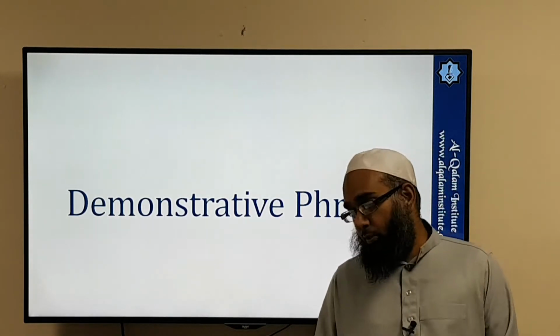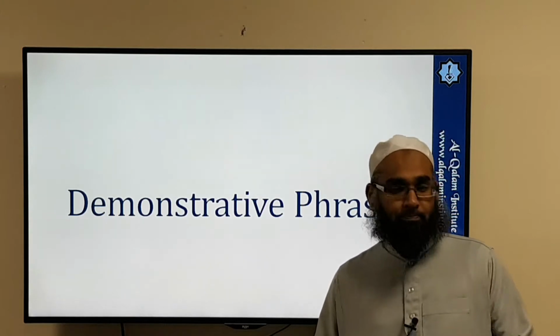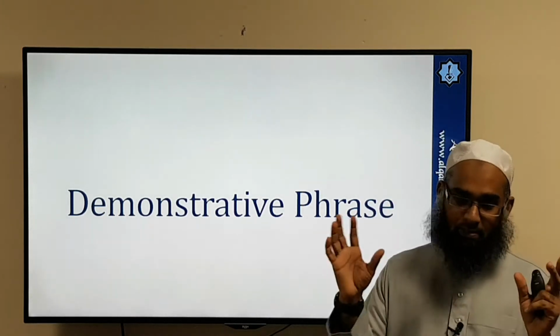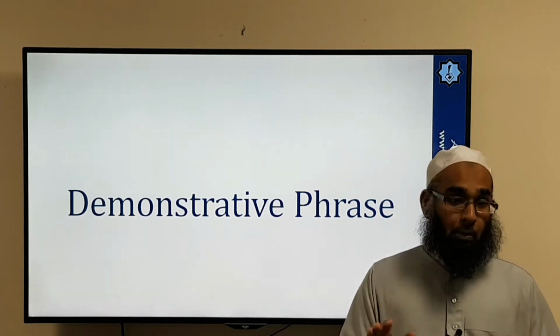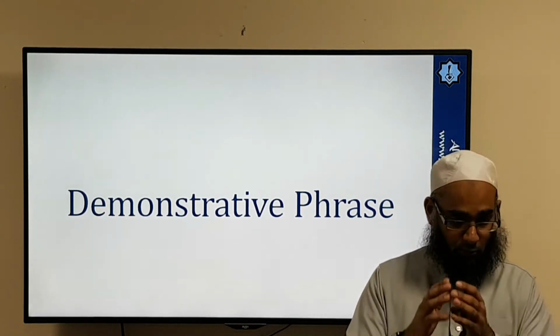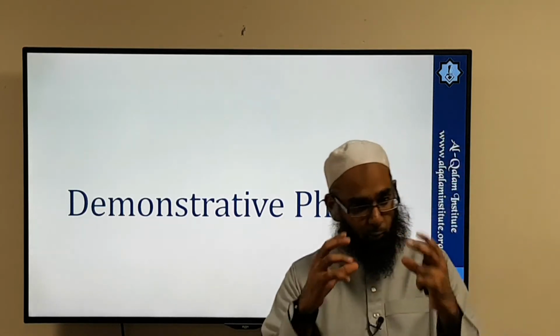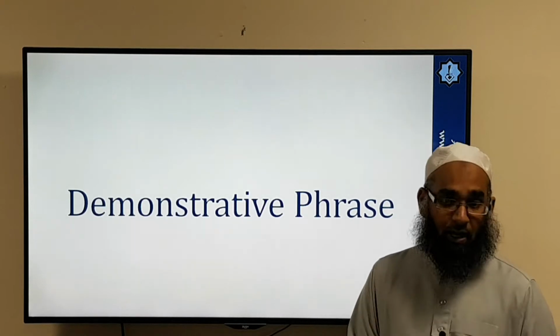So today inshallah we're going to go through the second type of phrase. So the recap is sentences are made of slots. Each slot is a single word, but at times you can break this single word down into what? Into phrases. So instead of having one word taking a slot, two words can join together to take the part of a slot. As we did, for example,